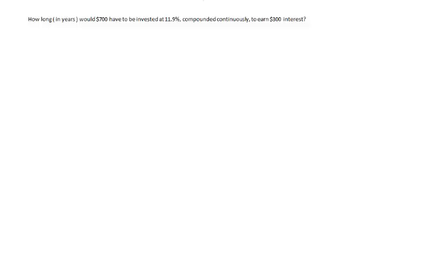In this last example, we have, how long in years would $700 have to be invested at 11.9% compounded continuously to earn $300. Now this formula is a little bit different for compounded continuously. We have A is equal to principal times e raised to the RT. So now our A is equal to our accumulated, and we started with $700 and we earned $300 in interest. So we have $1,000 for our A is equal to our principal, which was the amount we invested, $700,